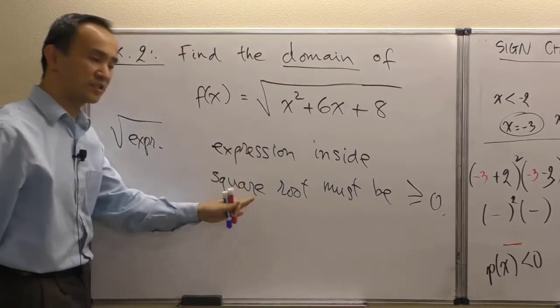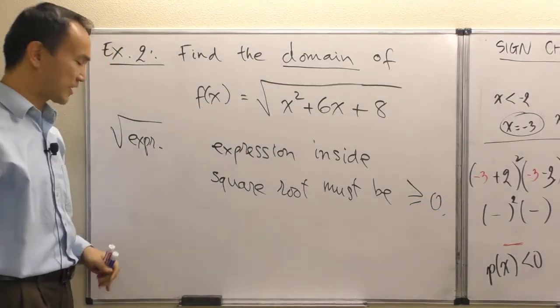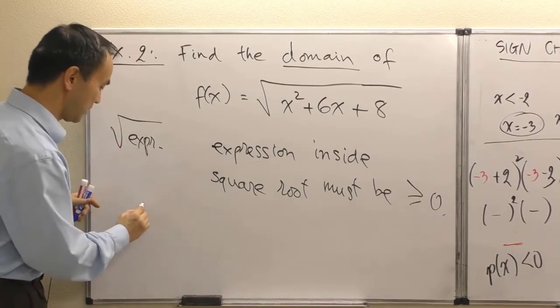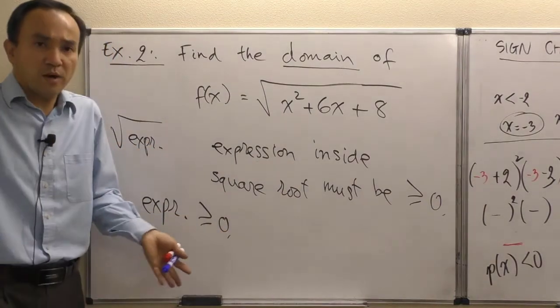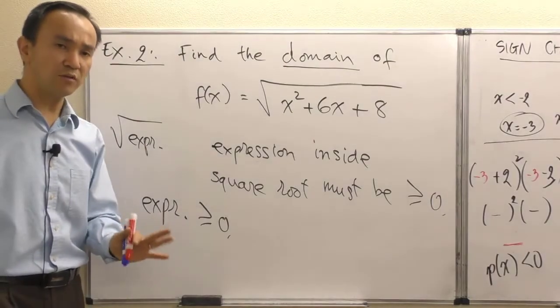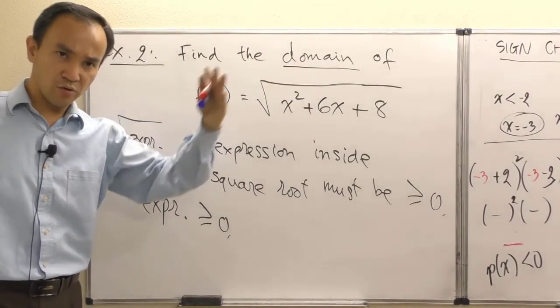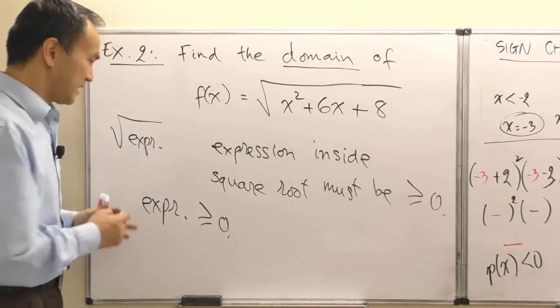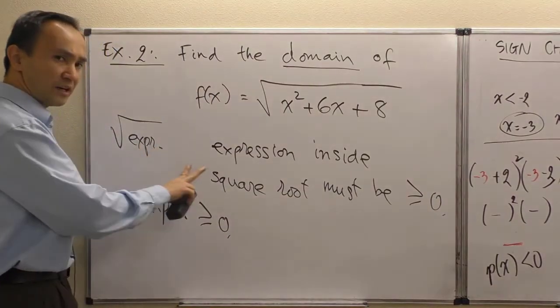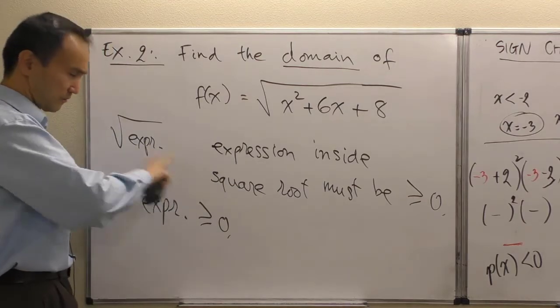That's the way the square root is. A square root can only take a positive value or 0. That's what greater than or equal to 0 means. So directly as a consequence of this understanding,